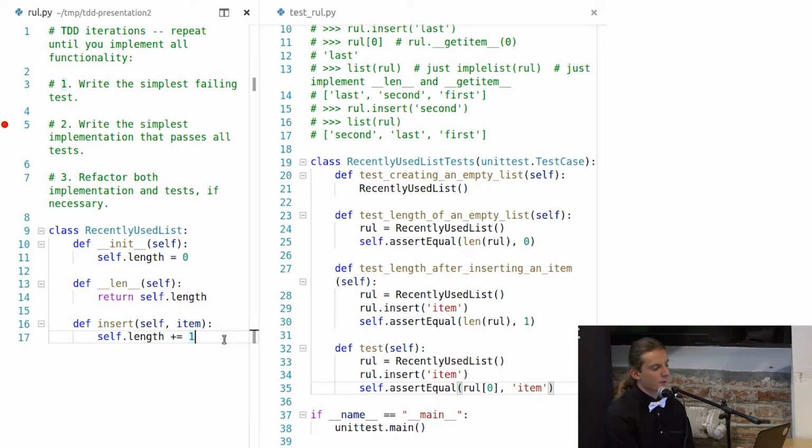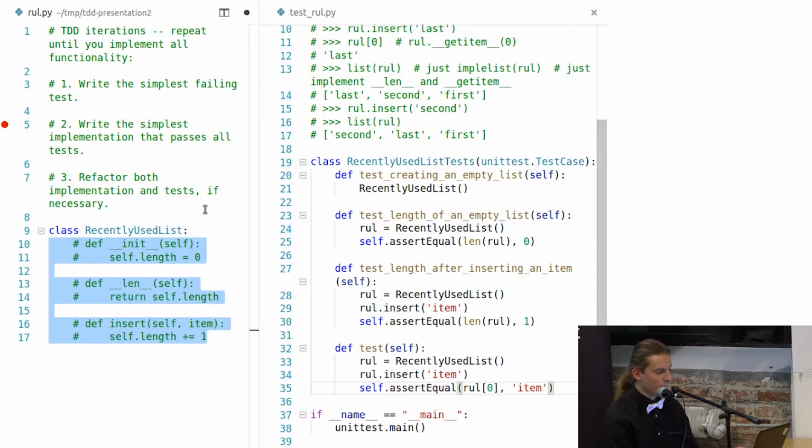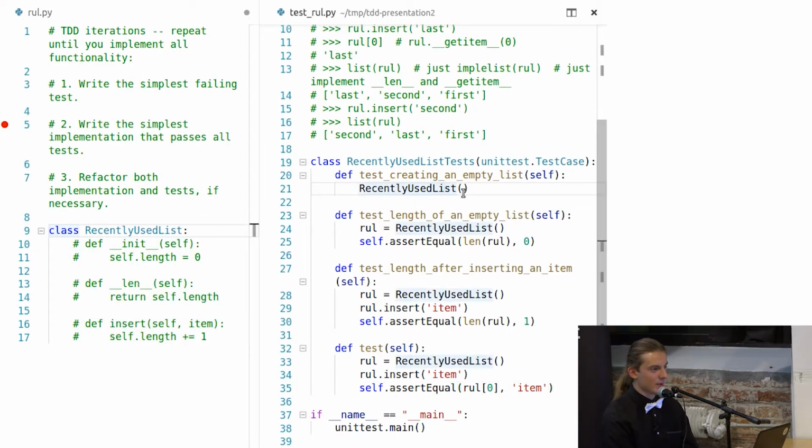And now, of course, I could just return the item in getItem special method, but maybe let's stop cheating and let's do the real work. And this is actually something tricky in TDD, because sometimes you get to the point where you cannot pass all tests by just adding one method or doing a small change, and we actually need to rewrite everything from scratch. So how to do that, but just in small steps? Well, I will just comment everything out, and what we will do is we will pass tests one by one.